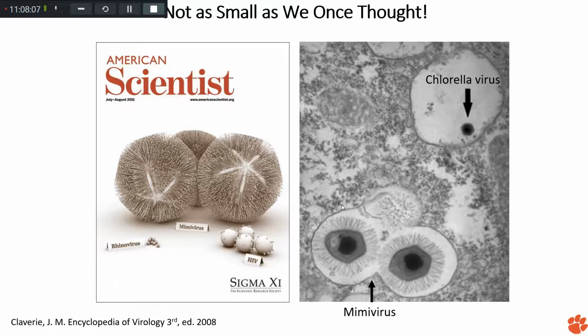Then there was another pithovirus that was discovered from different sources, but the interesting one is that one patient had an infected eye, a swollen eye, went to the eye doctor, and the eye doctor isolated a protozoa from the eye. It's an acanthamoeba. And after isolation, they found that there is something interesting in there. They found another giant virus, which is known as a pithovirus. So here, these are the mimiviruses.